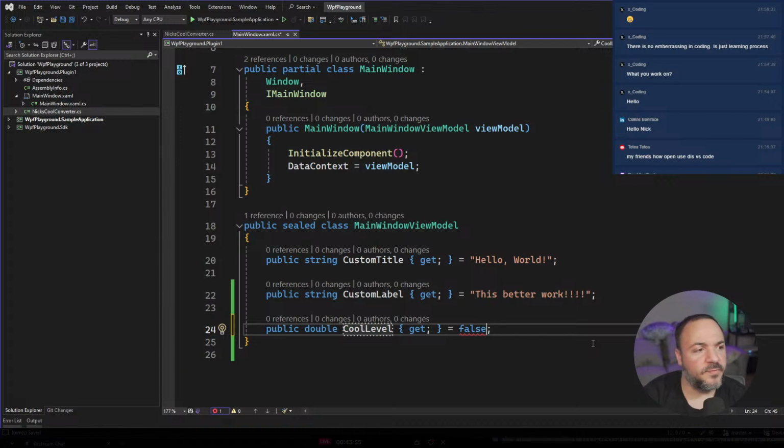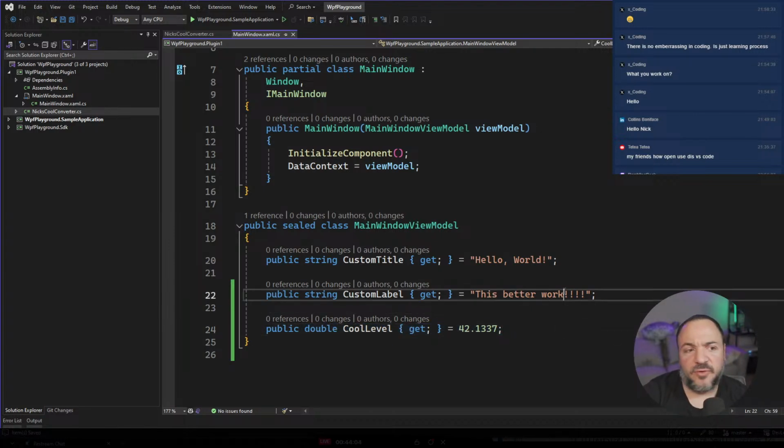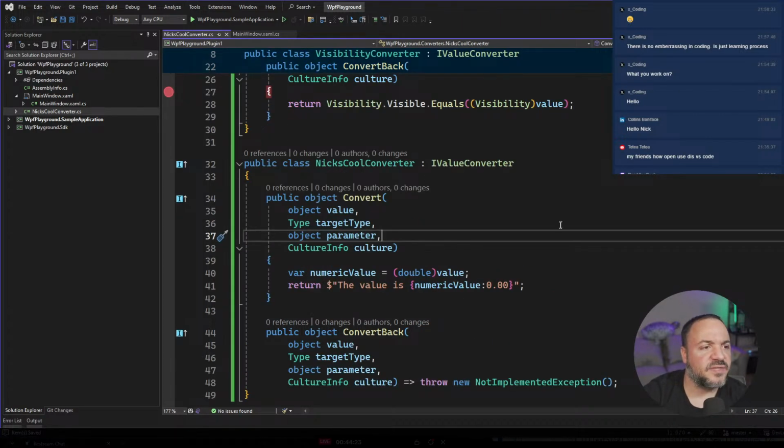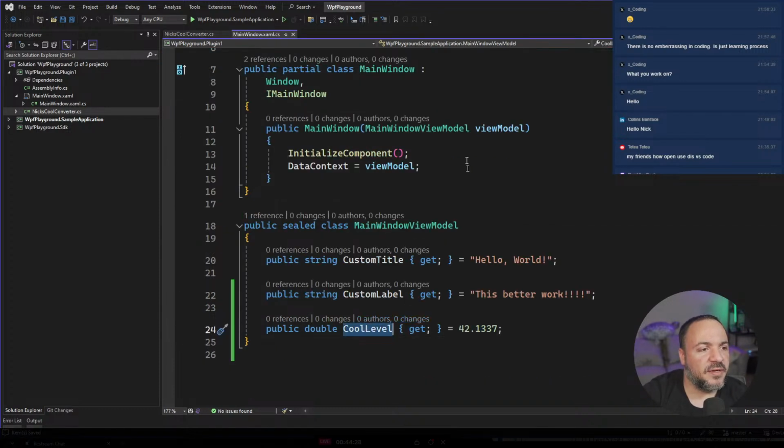a cool level. I'm just making stuff up. I'm sorry. I don't know. 42.1337. And that's going to be the cool level. And if you recall, if the formatting I did works properly, and it probably won't because I can never remember the string format stuff, we should see 42.13. And it will have the string in front of it. I think it said like this value is. So that's cool. But now we got to get cool level